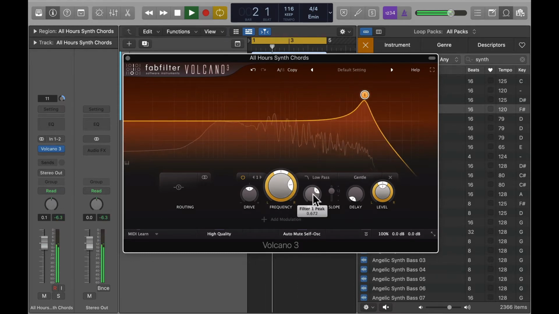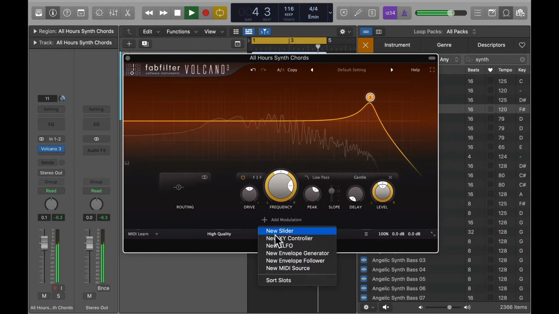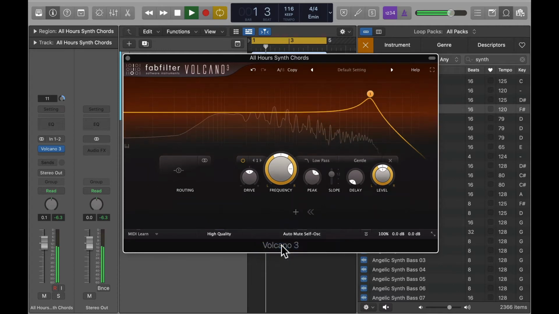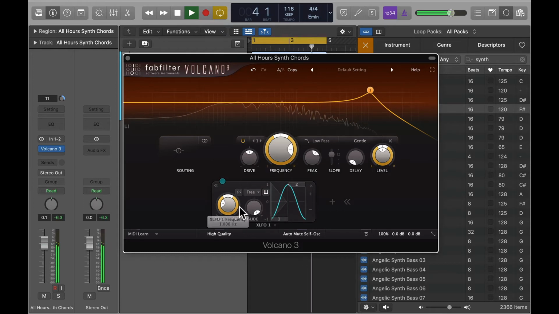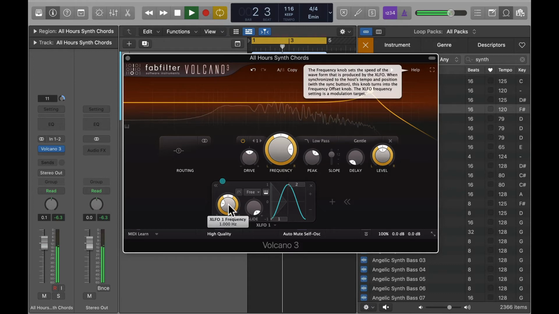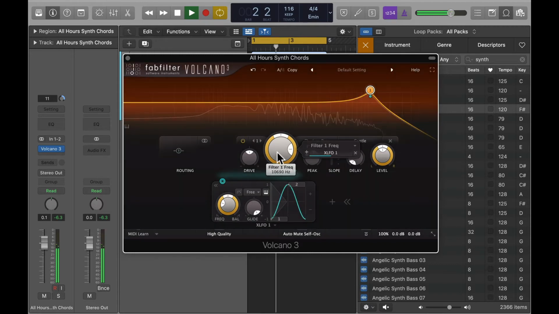And one of the great things about this filter is that you can add modulation within the plugin. So you can see here new XLFO, so that's a low frequency oscillator, and you can see here the details. There's the LFO frequency, 1 cycle per second, and it's a sine wave, and you can assign the low frequency oscillator to the cutoff frequency, and you can see here, whoops, the cutoff frequency is oscillating,